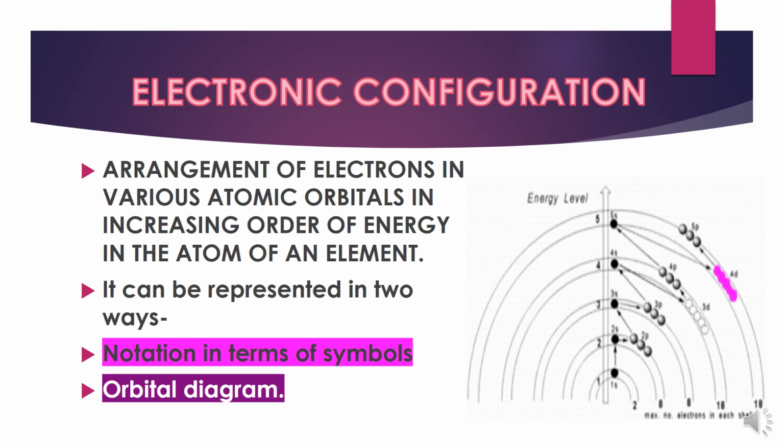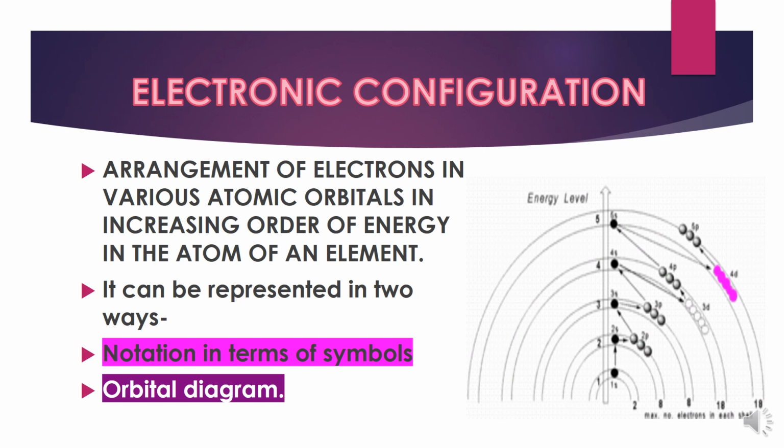Let us now discuss what is electronic configuration. As we have discussed how to mention the number of neutrons and protons, the third subatomic particle, electrons, are to be written when we are representing a particular element in terms of its electronic configuration. These electrons are not present in a single place in the atom. So where are these electrons present? In particular shells, then subshells, and then particular atomic orbitals.